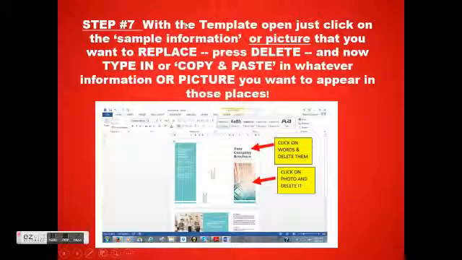This is the template. We're going to keep this open for a minute. This is just showing you what's going to happen when you begin the document. It's going to bring up a picture of the template. Now all you have to do is click on the words, like your company brochure, click on those words, and then press delete, and then type in the right words that you're going to use for your company or your product. Click on the picture, and say delete that, and then all you have to do is paste in the one you want. For example,